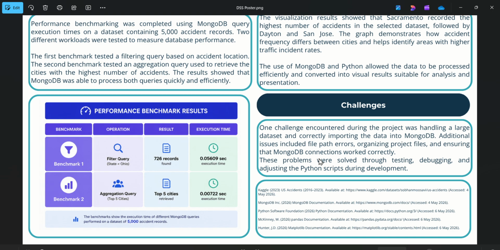Overall, this project demonstrates how MongoDB and Python can be used together for large-scale data storage, NoSQL query execution,